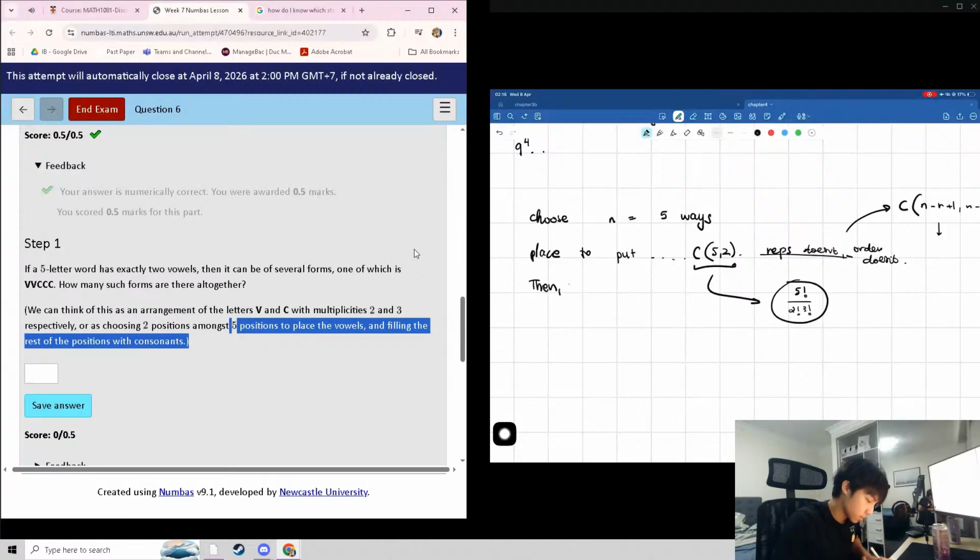Then, if we've chosen 2, then there's still C3 choose. So, times